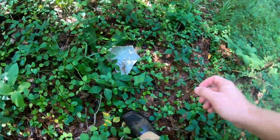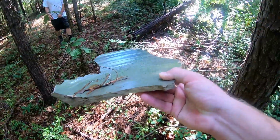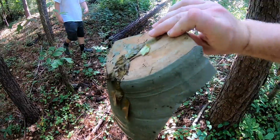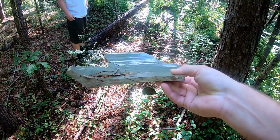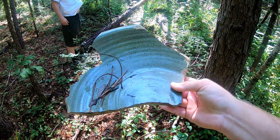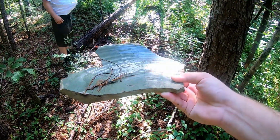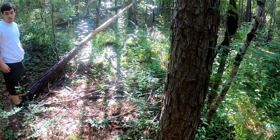Check this out right here. Oh, looks like a big basin bowl. Definitely turned. I don't know how old it is though. It looks pretty old, doesn't it? It looks like it's green glaze for sure. Huh. Man, just as soon as we stop finding stuff, all of a sudden just one little piece will rear its head and...